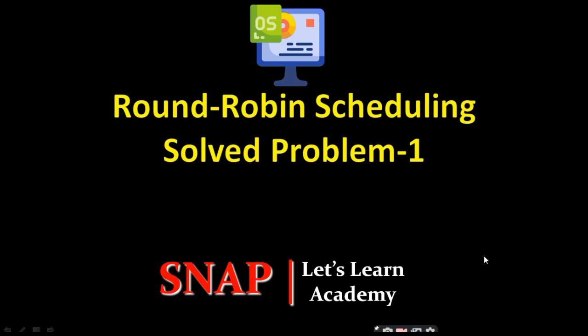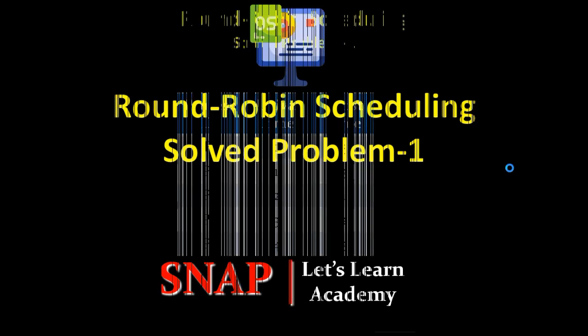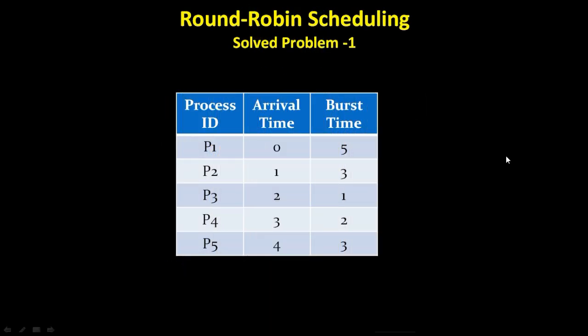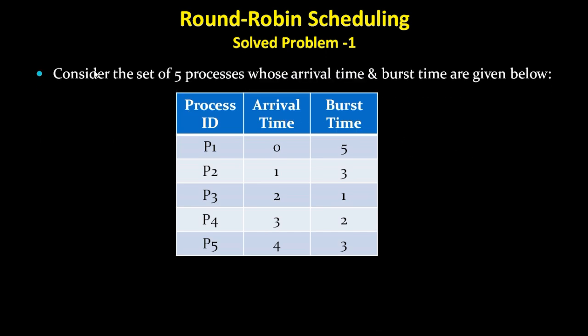In the previous lecture on the round robin scheduling algorithm, we discussed how you can prepare the Gantt chart, and how you can calculate the average waiting time and average turnaround time. Now in this lecture, we will understand one more example and try to solve it. In the previous lecture, we had mentioned that the arrival time of all three processes was 0 milliseconds.